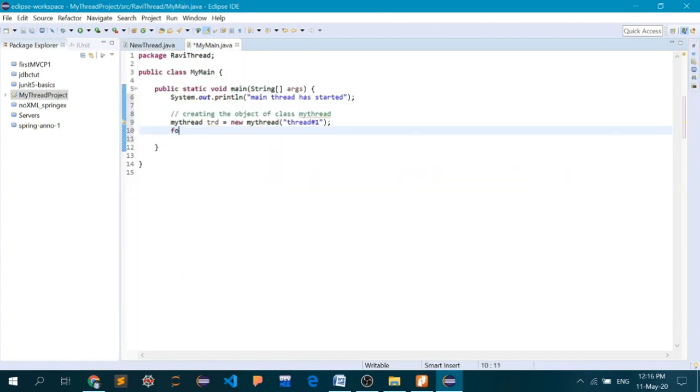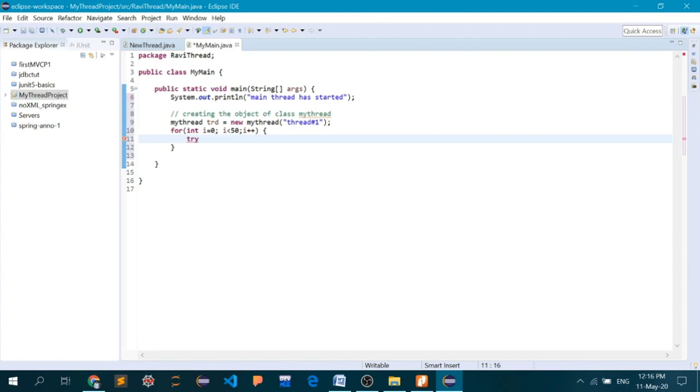So again, let's start a for loop for int i equal to 0 and i less than, let's say, 50 this time, and i plus plus. And if I have to call a method of the thread class, I have to encapsulate it inside a try block, because methods of the thread class can throw exceptions of class InterruptedException.